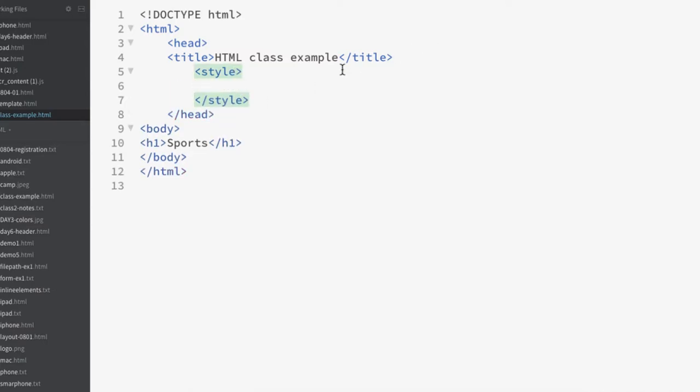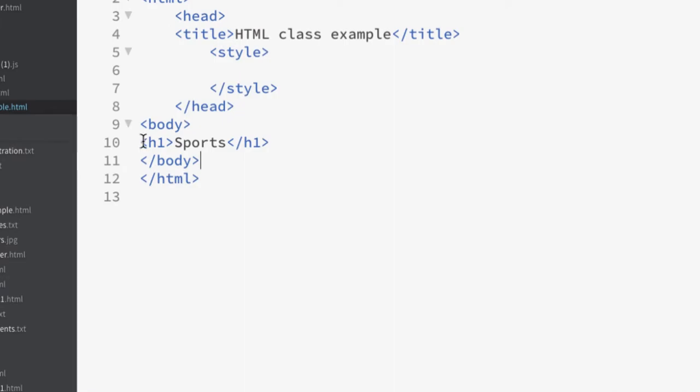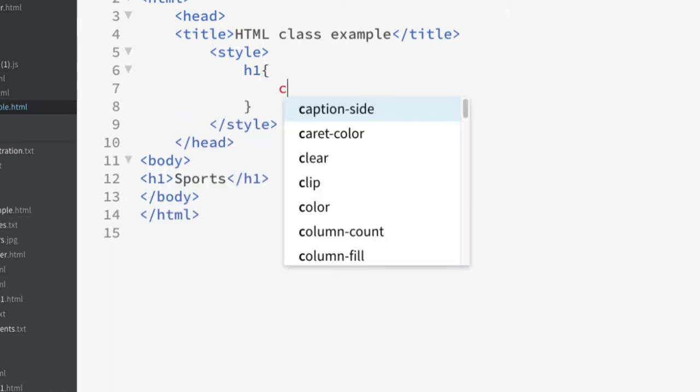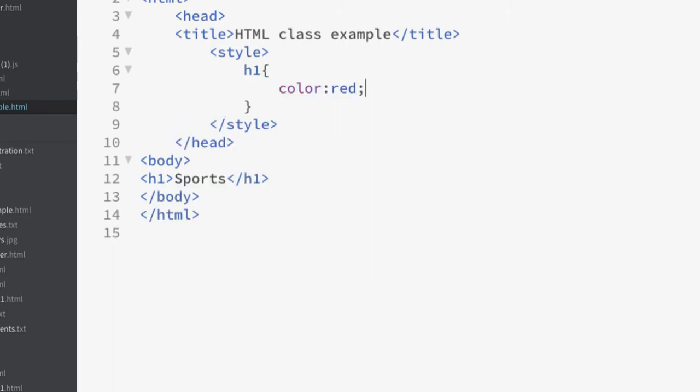Whenever we use the style element, we can write styles for our HTML elements. Our HTML element is h1, so I want to apply some color to h1, like color colon red. When you say color colon red, it will apply the red color to the h1 text.